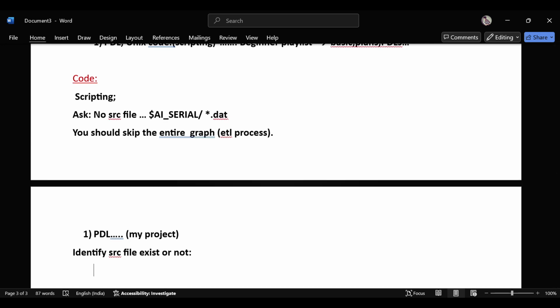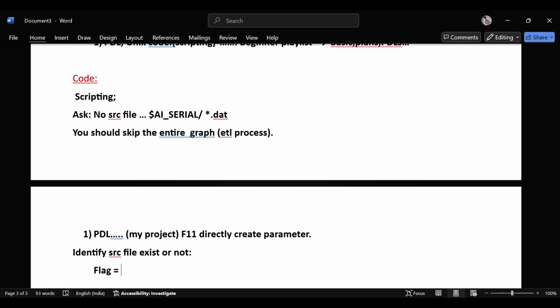For that, just put a flag parameter. Every time I say PDL, you have to open your F11 and directly create a parameter, and then you can use that in your graph or anywhere, even a start script as well. So for the flag parameter,